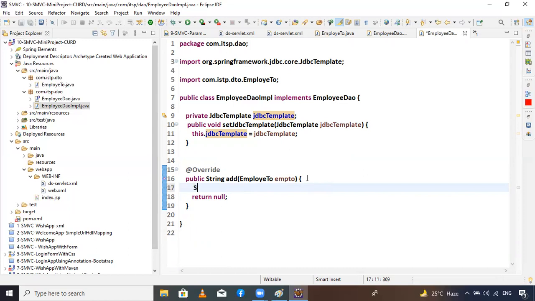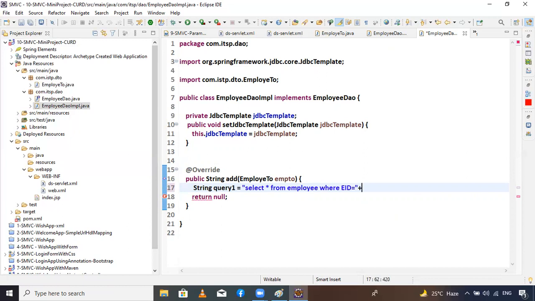First we create one query string, query one equals to select star from employee where EID equals to